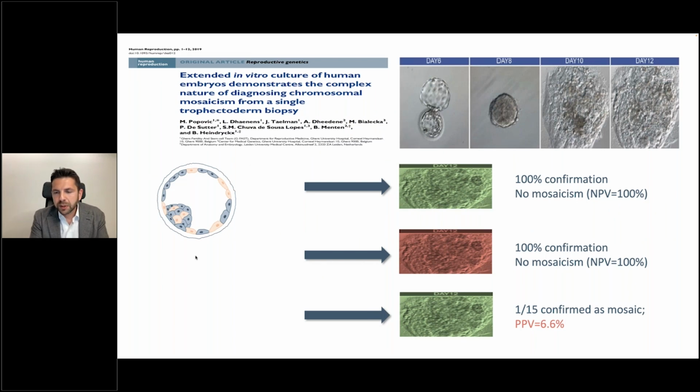Our findings are also, of course, corroborated by independent evidence. For instance, you are probably aware of this paper by Mina Popovic and colleagues, where they followed up the results of a clinical trophectoderm biopsy on embryonic outgrowths at day 12 of development. As you can see here, when they got uniform euploid or aneuploid findings, these were confirmed in all cases, while the positive predictive value of mosaic diagnosis, even a few days of culture after the biopsy, was extremely low.